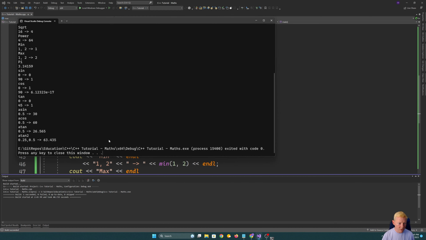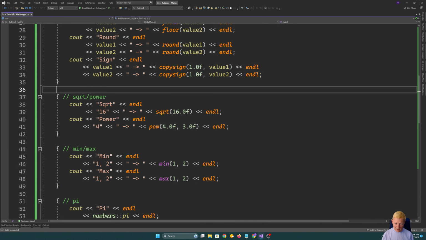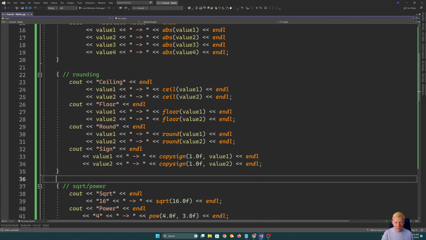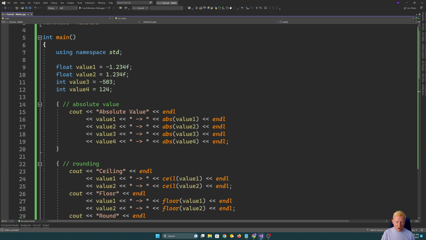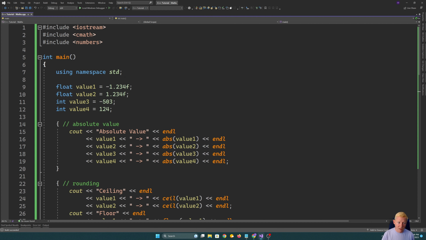If we check those, then we can see min and max are both working there and giving us the values we expect. So those are a lot of the common operators that'll handle a lot of the main things we're needing to do. So the main things to remember is the header